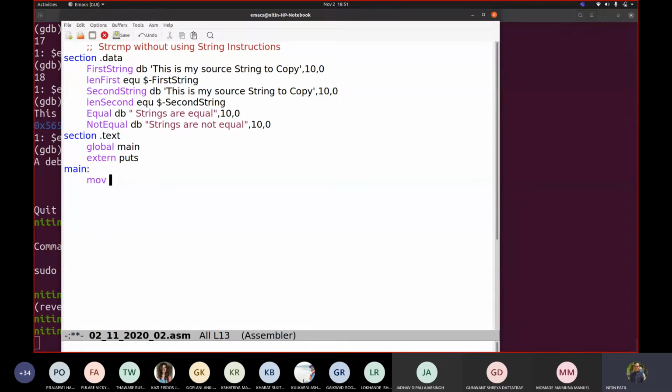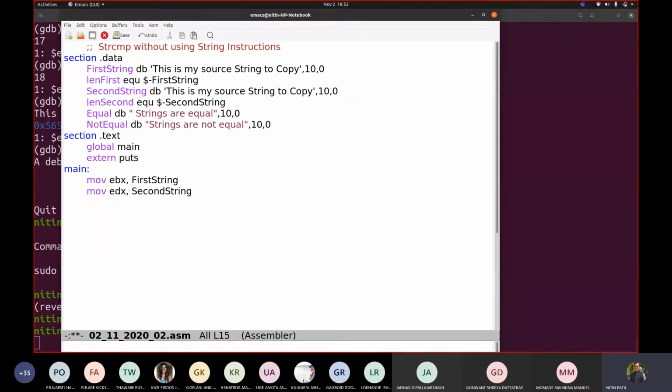Let us say we are taking EBX to hold the first string, and EDX for the second string. So we have the first string and the second string in these.